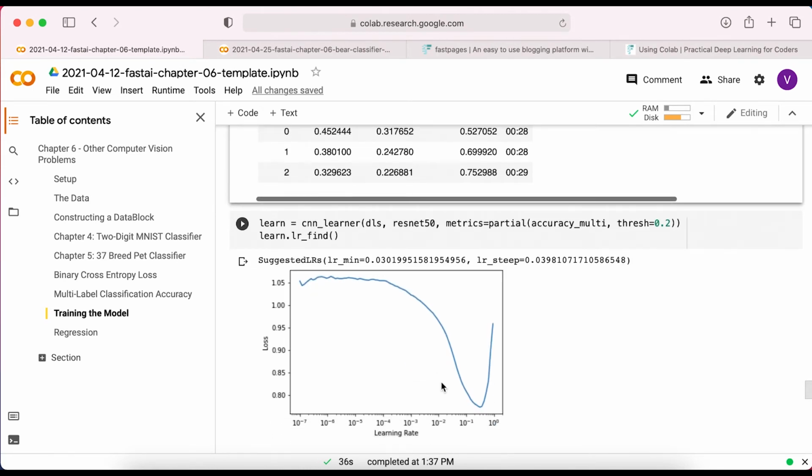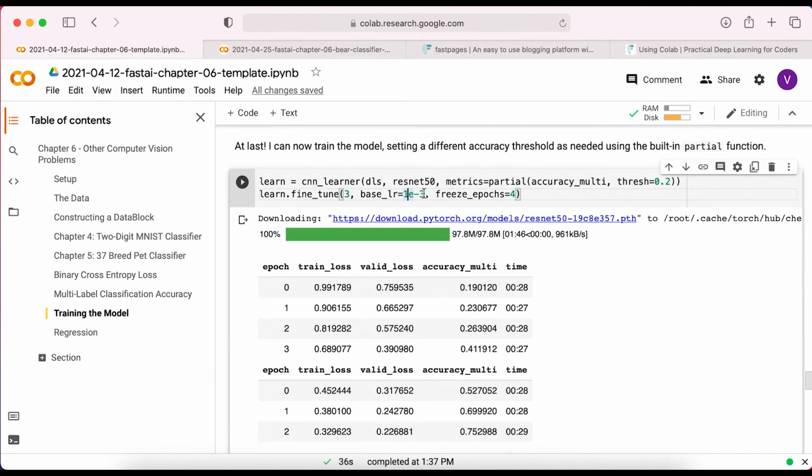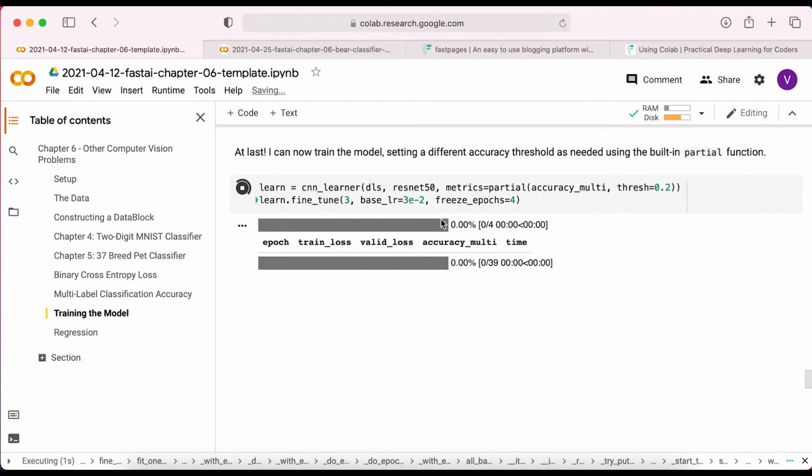Maybe actually, let's not do that. Let me just pick something that's steeper. So I'm going to try. Let's see. It's steepest at 4e-2. So maybe I'll try something a little before that. So maybe I'll try like 3e-2. All right, so I'm going to run this again and stop the video so you don't have to watch the